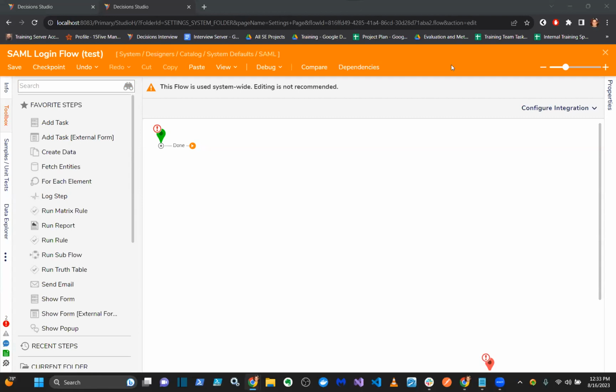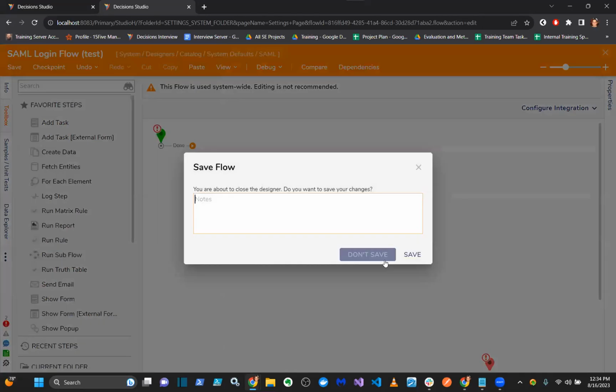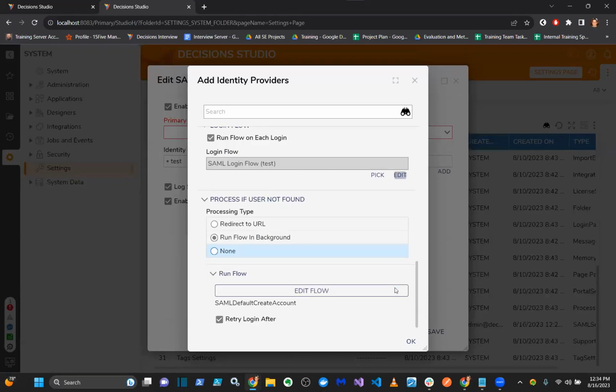So you cannot use it in subflow. Yeah, no, that makes sense because it's still going to read it here. Yeah, no, I mean, based on that, it maybe sounds like a DT that you have to submit to the support team. Yeah, but if you're on the latest version, if you go back to the settings, SAML, and